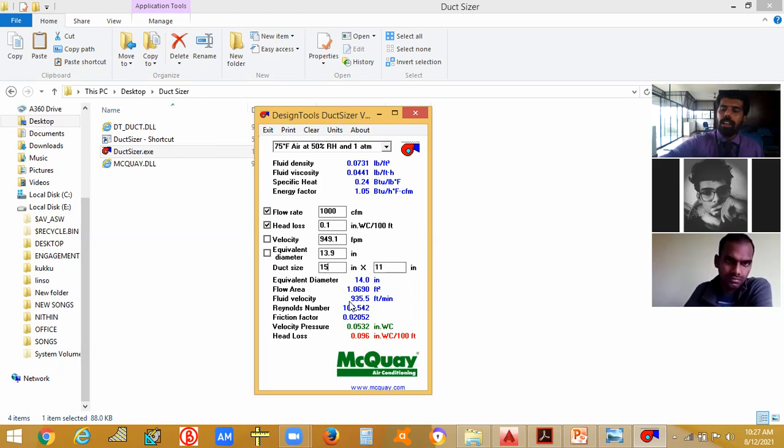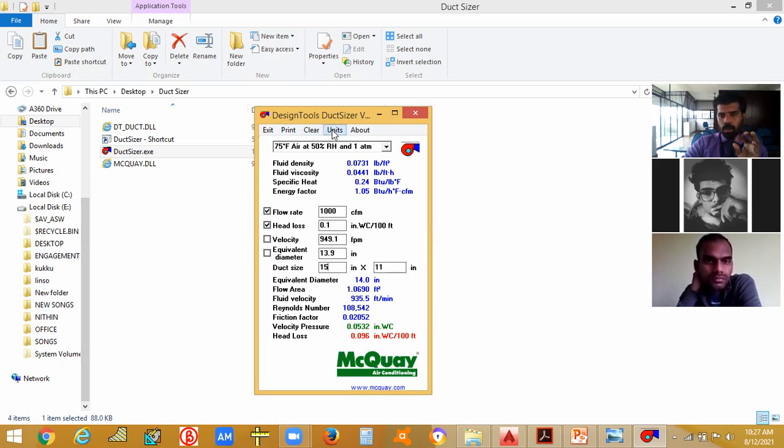Okay, so here you just see our duct size is in inch. So I want to convert that into mm. I don't want to go for any converters. I can just directly convert this inch to mm in this software itself. So you can see the ribbon here. So here you can see units.